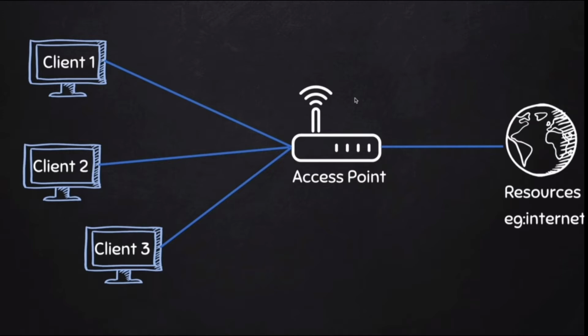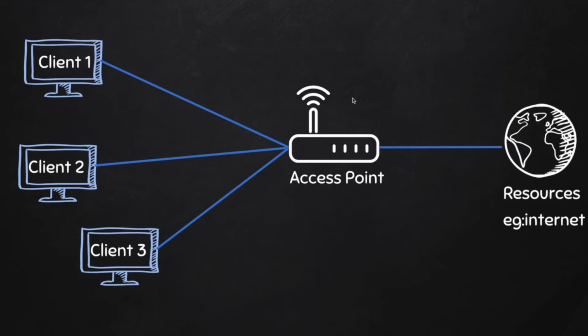So let us understand how it works. First, consider you will type google.com on your computer web browser. Now the computer will send a request to the access point for google.com. Now since the access point has direct access to the internet, it will look for google.com. Now it will receive the response, that is the google.com page, and it will forward that to your computer and you will see the Google page loaded on your computer. Now you have received your web page and you guys might be asking, where did the concept of IP address and MAC address go? Okay, let me give you a situation.